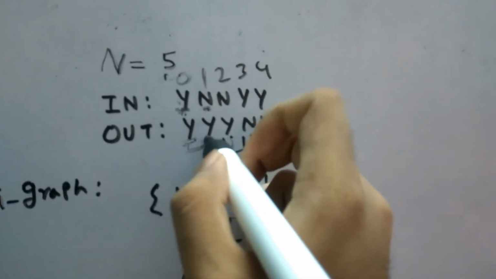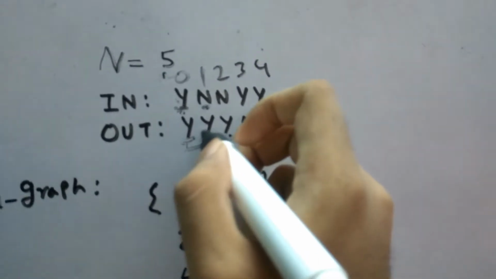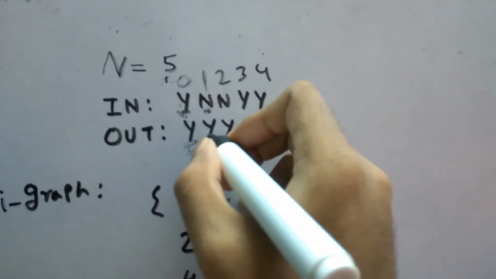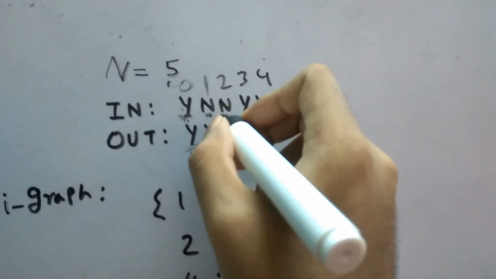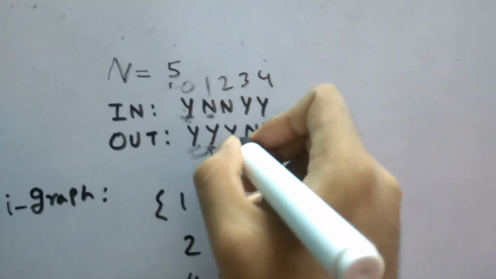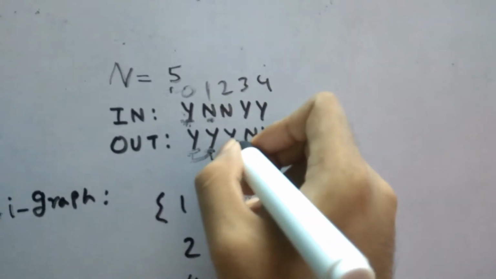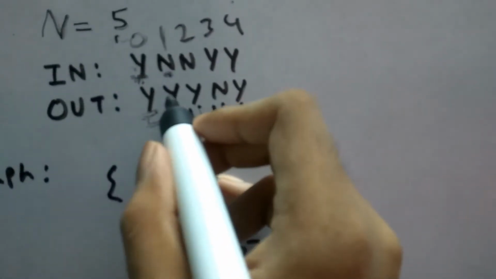So once again, now we have to check between these two. Here we first check that out from city 1 is allowed, but going to city 2 is not allowed. And also out from city 2 is allowed, but landing in city 1 is not allowed. So between these two pairs we cannot travel.